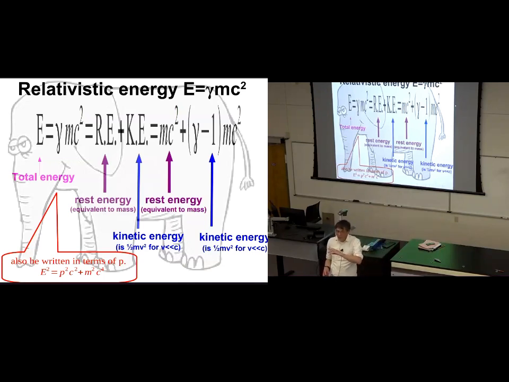Because I thought kinetic energy was half mv squared. When I was comfortable with half mv squared, that was kind of warm and fuzzy. Now I've got gamma minus 1 mc squared. That doesn't seem very warm and fuzzy. The interesting thing about it is that if you calculate gamma minus 1 times mc squared, if you take the